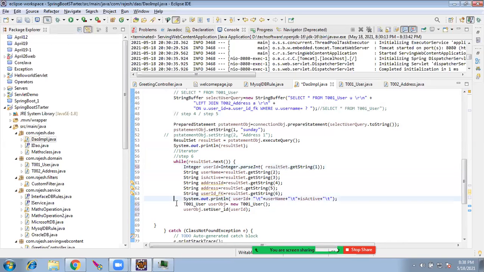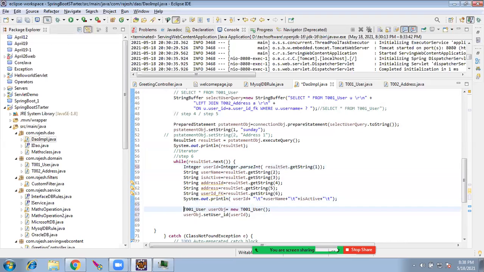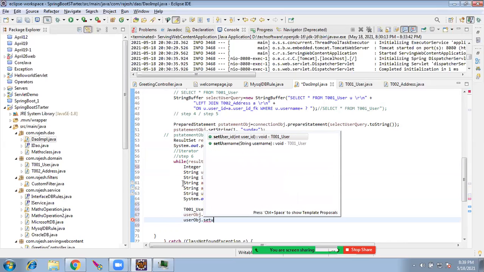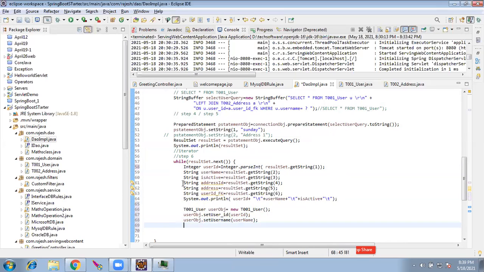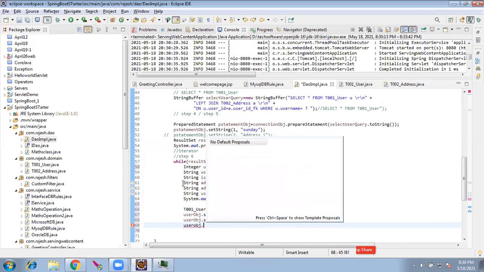So now in the user domain, user Pojo, I have set the user ID. In the user Pojo, I set the user name. Where is the username? Here it is. And anything else there is is active. So user obj dot, there is no set is active, it will be of a different name.